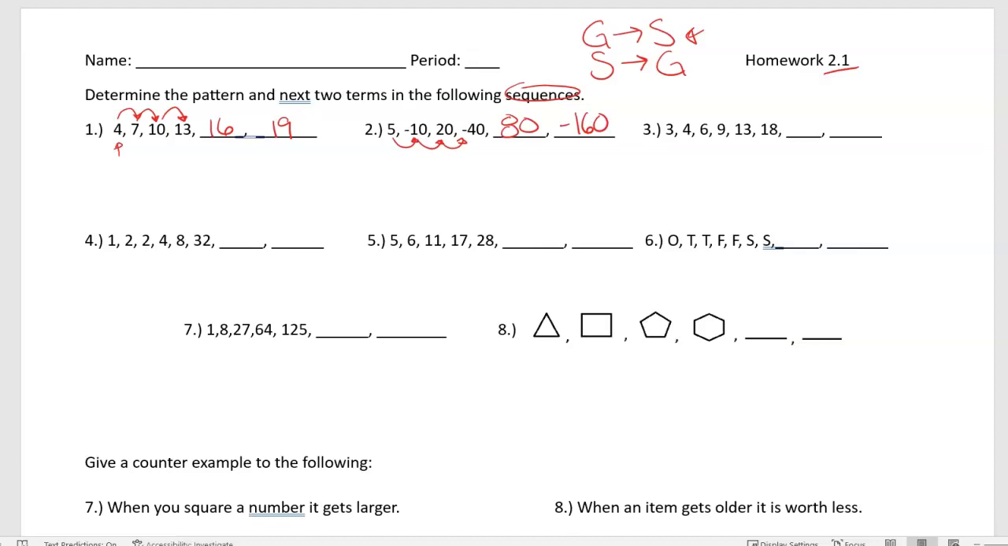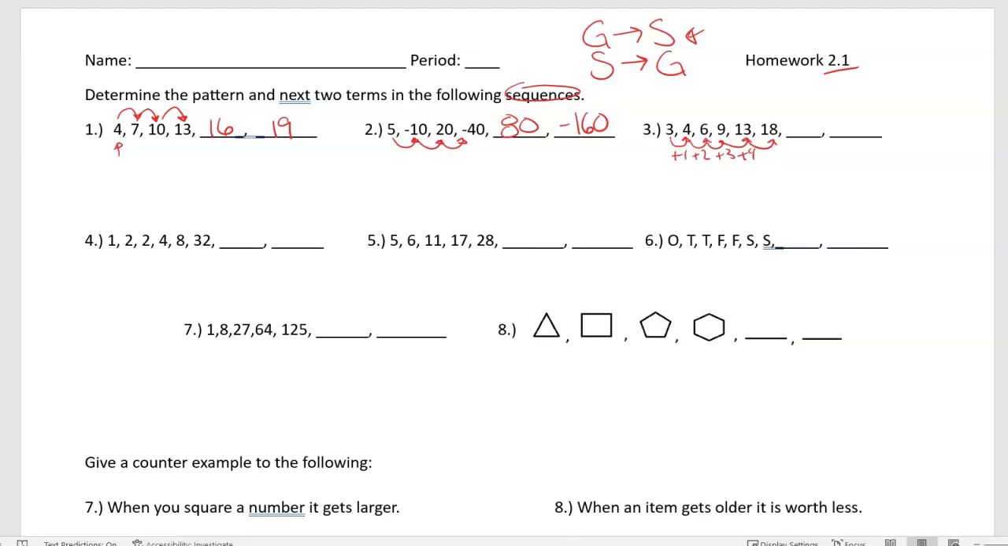Now the next one is a bit more challenging. It goes 3, 4, 6, 9, 13. So I could be adding 1, but then if I add 1 again, I don't get to 6. I could be multiplying by some number, but then it's not multiplying by the same. So I take a look here and I find out that this is going to be adding 1. If I'm just looking at adding, then that's adding 2. That looks like it's adding 3, adding 4,